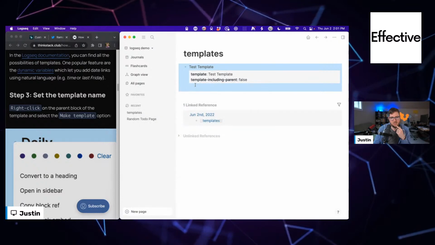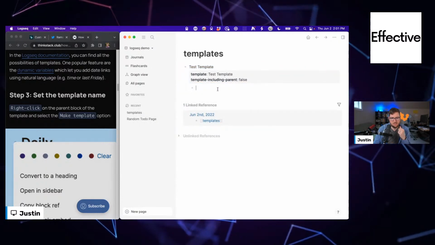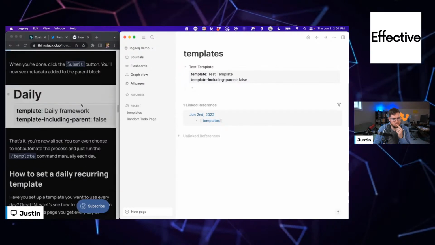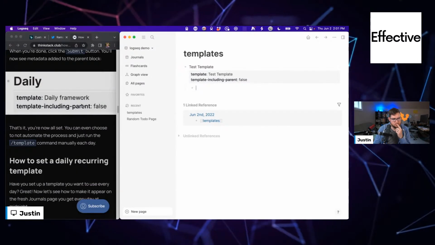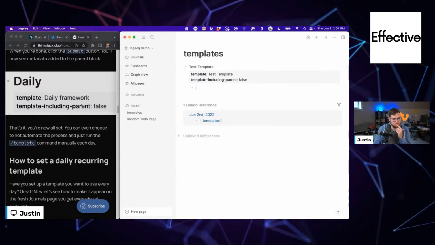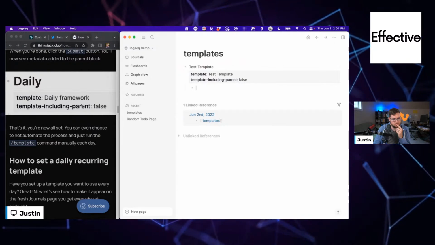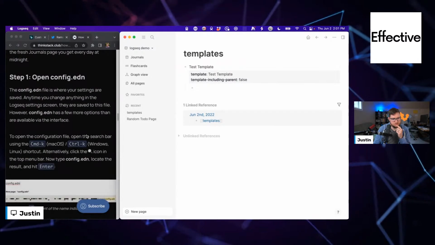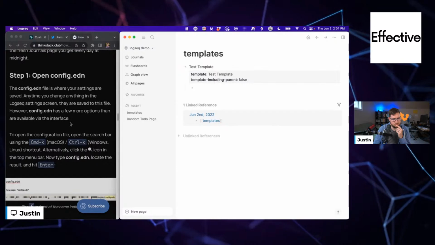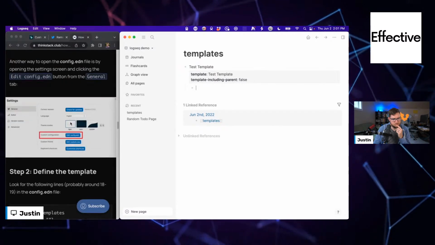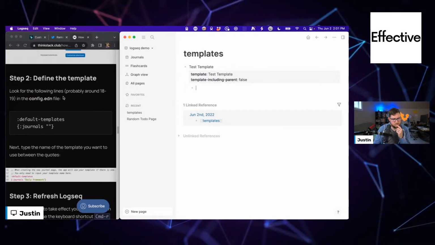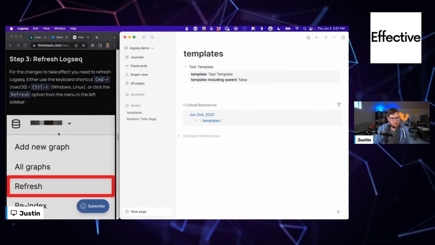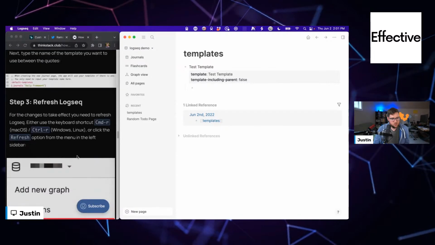That is super easy. I love that. Nice. You can define a daily template for your journals.